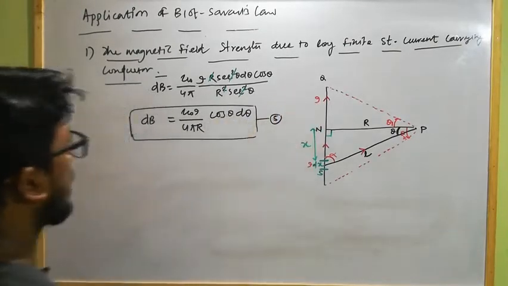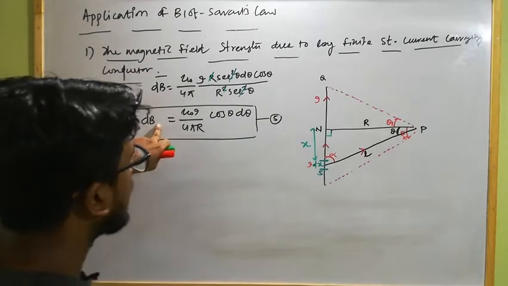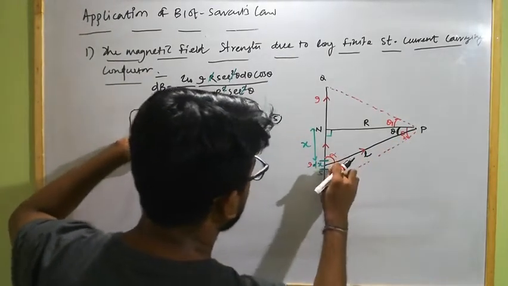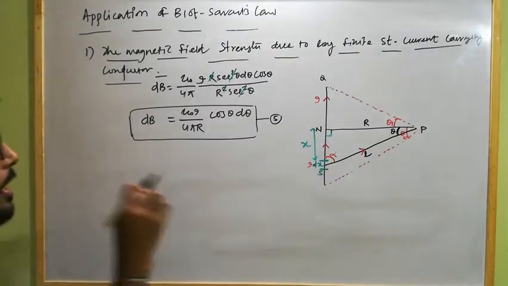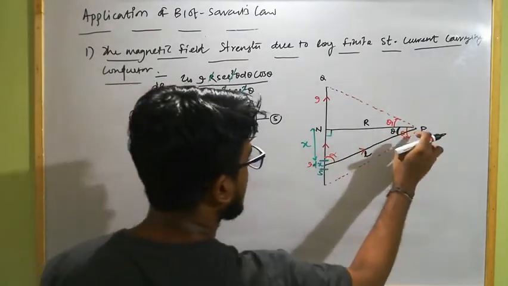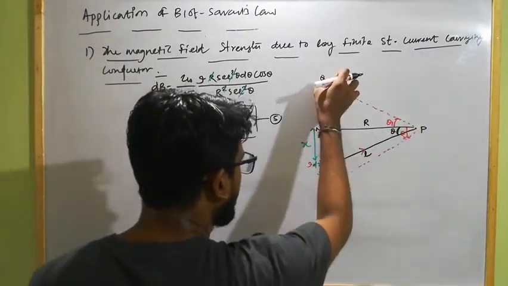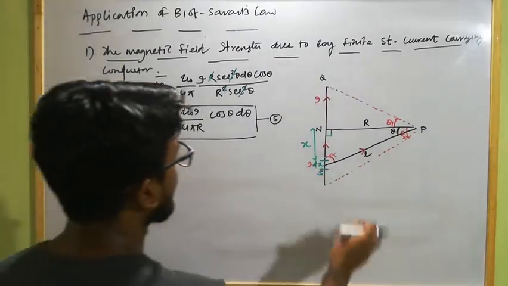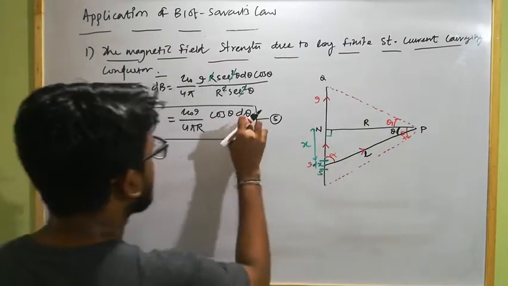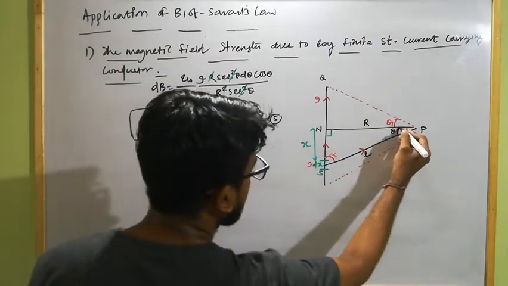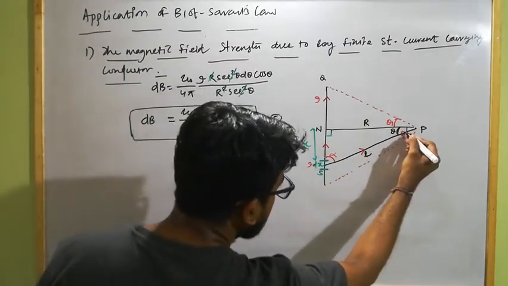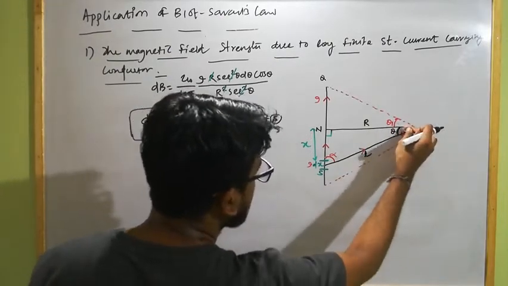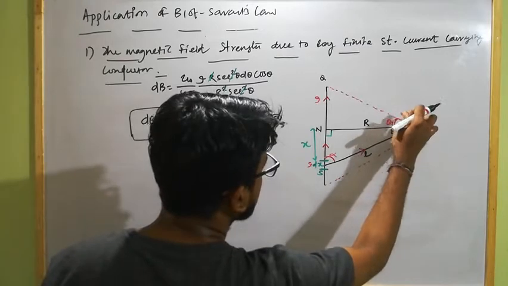5. Okay, so this is the value of magnetic field strength at point P due to this much current carrying element of length dx. But we have to calculate the net magnetic field strength at this point P due to this complete current carrying conductor. Now here what is the variable? Theta is the variable, and this angle theta varies from theta 2, this end, to theta 1, and this theta 2 is anti-clockwise and this theta 1 is clockwise.